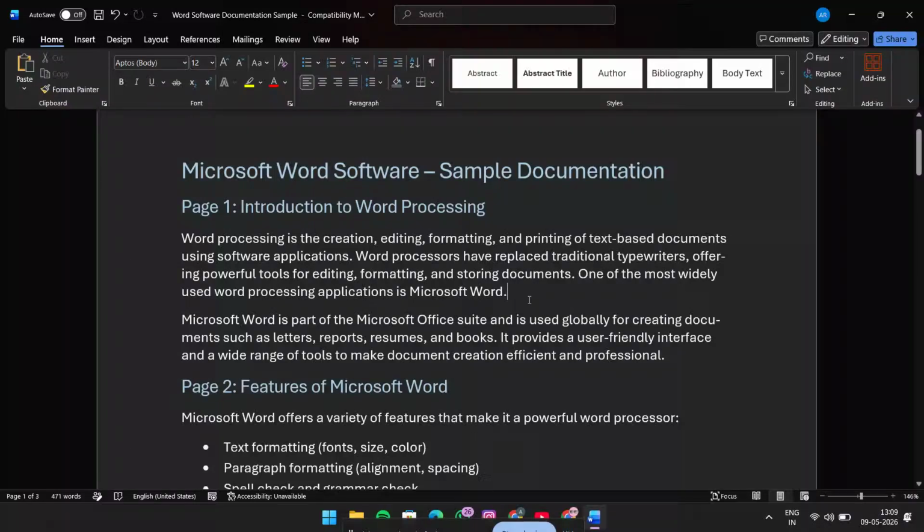If you want to learn how to access training in Microsoft Word, you're in the right place. In this quick tutorial, I'll show you the exact steps to open the built-in training help so you can learn Word faster and get answers right inside the app. This is especially useful if you're new to Word, or if you just want a quick refresher without searching all